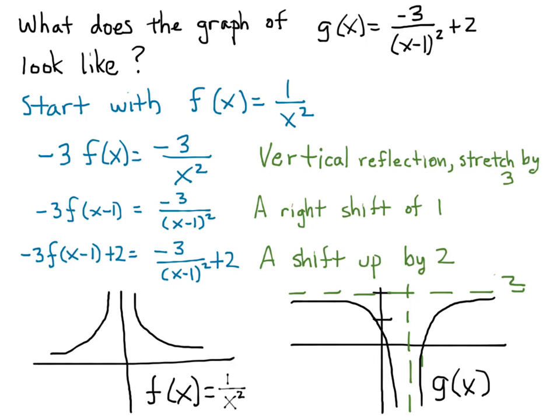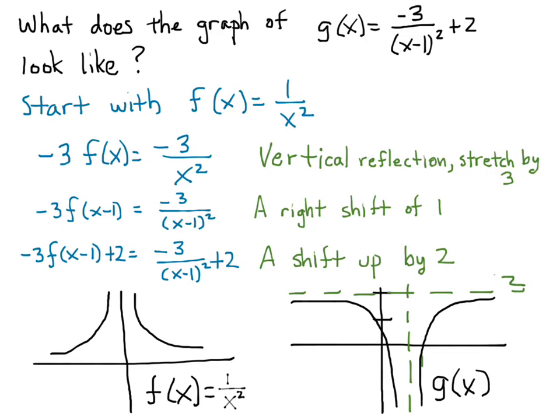So then, if I look at what I've done here, first thing, I've made a vertical reflection, so this thing is upside down. Then I made a stretch by 3, and on this particular one it's hard to show. Okay, so we're just going to imagine this thing is stretched out by 3. I'm going to move it to the right by 1. Okay, so I'm going to move what this axis of symmetry is. I'm going to move it over to 1. And then I'm going to move the whole thing up by 2,